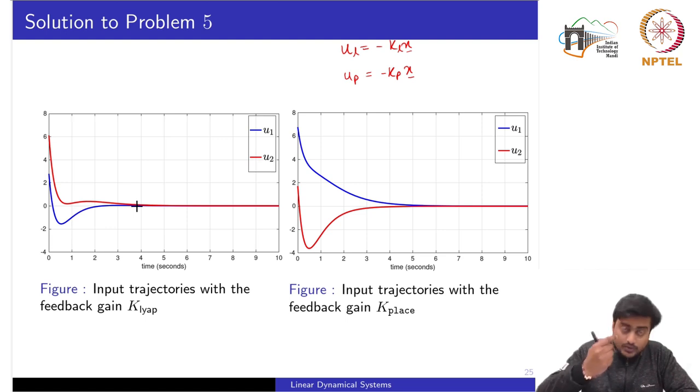If you want to compute the control energy, you can compute it by using the formulas introduced in the earlier weeks. But by using the place command, we are getting a higher energy, or as it appears at least in the signal U2. Okay. While here the U1 trajectory is more subtle than the U1 trajectory for the first feedback